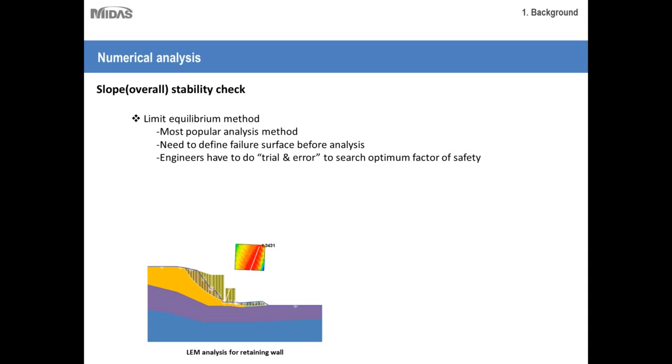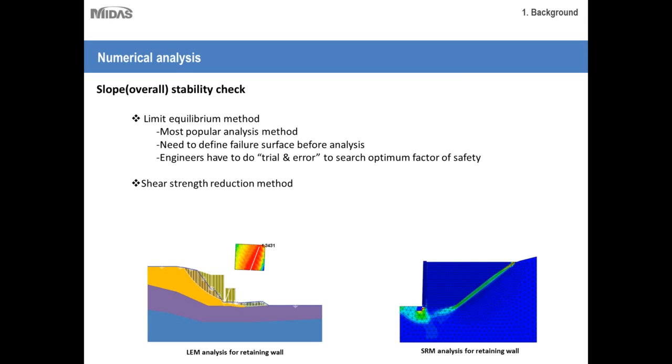And another limitation of this type of method is that it usually considers only circular failure surfaces. So this brought the need for an advanced method of analysis known as the shear strength reduction method, also known as